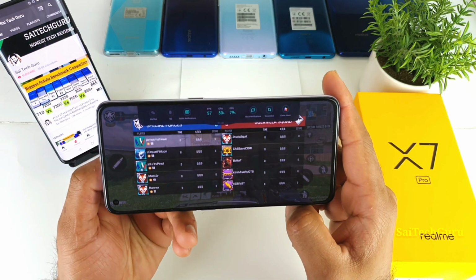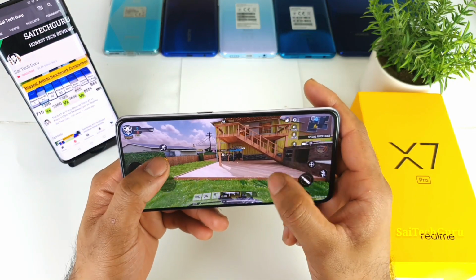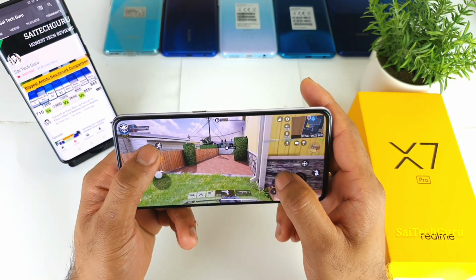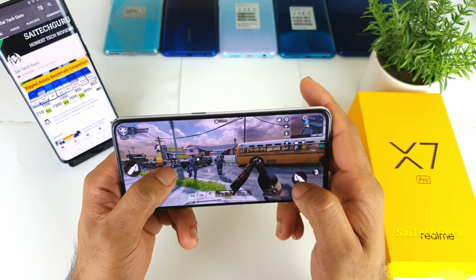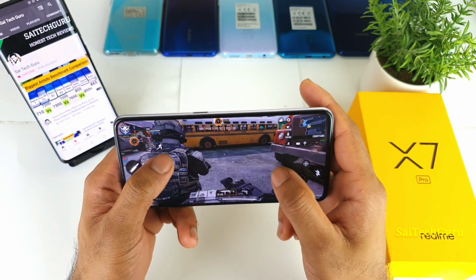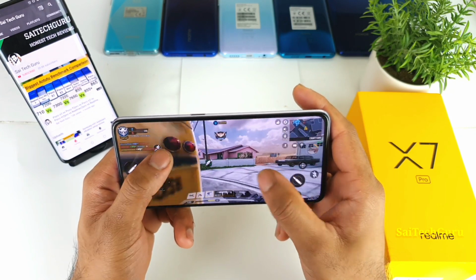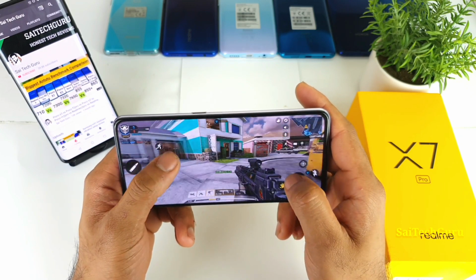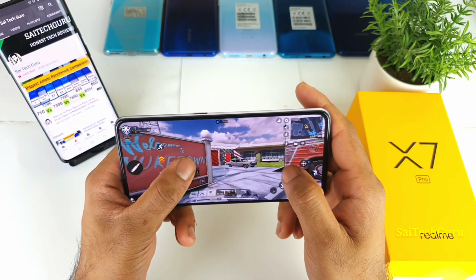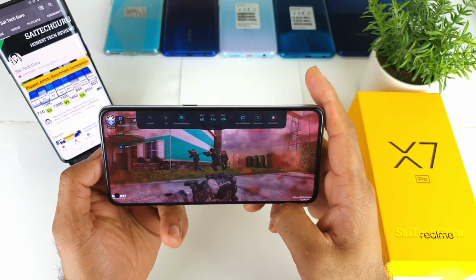So in the multiplayer you're hitting 59, 60 FPS without any problem. In the multiplayer, the 240 Hz refresh rate also helps a lot on this Realme X7 Pro.